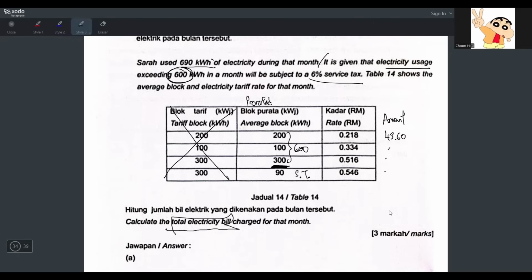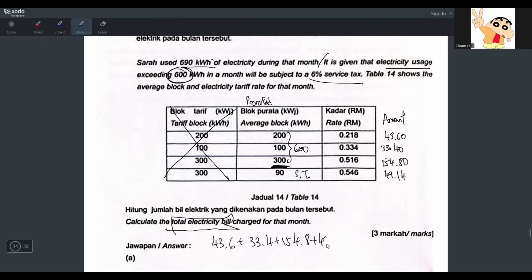Okay, let's finish this part first. 0.334 times 100, 33.40. This one don't need calculator. And then 0.516 times 300, 154.80. And then 0.546 times 90, 49.14. So that's the amount. Now to find the total electricity bill, it will be 43.6 plus 33.4 plus 154.8